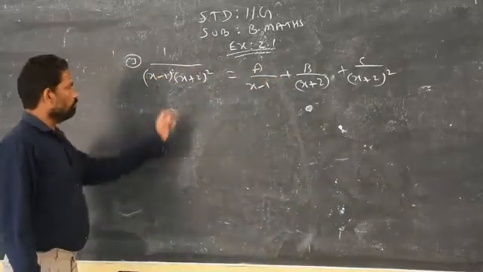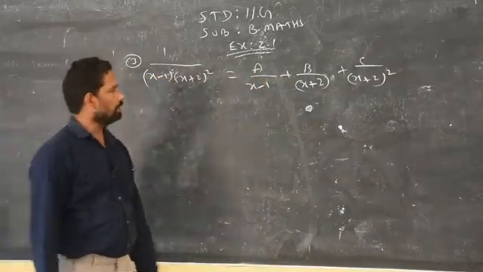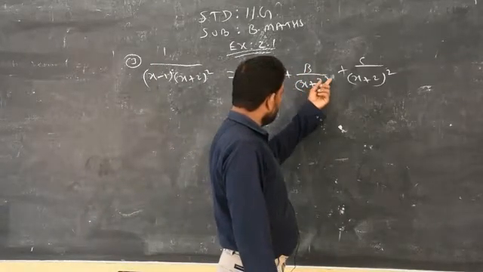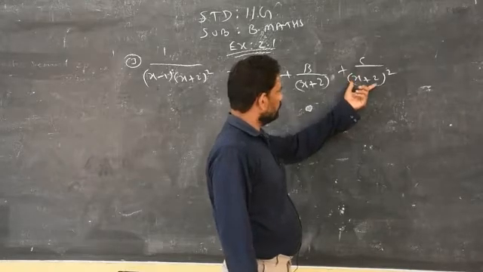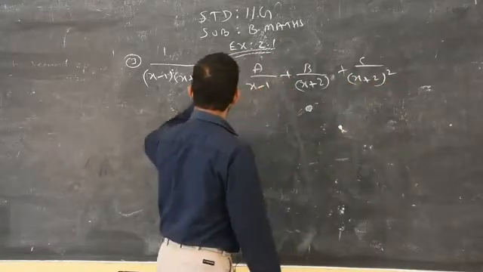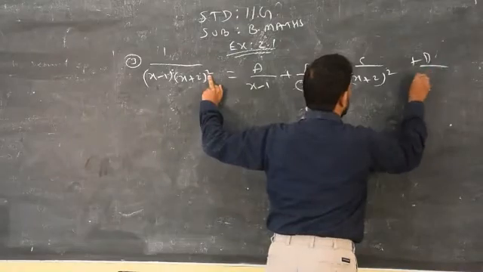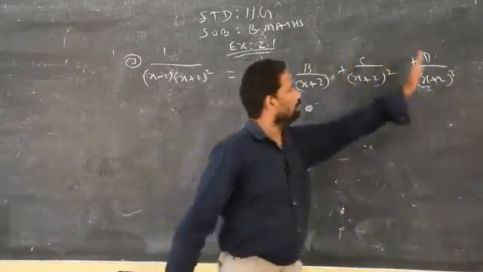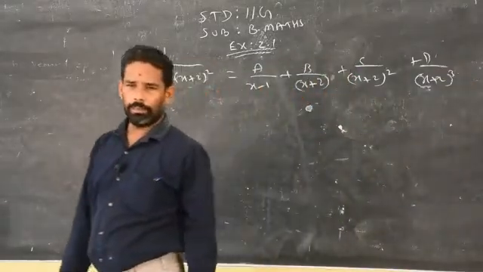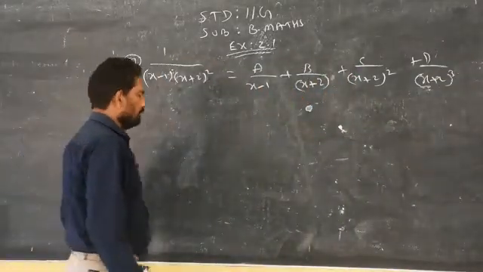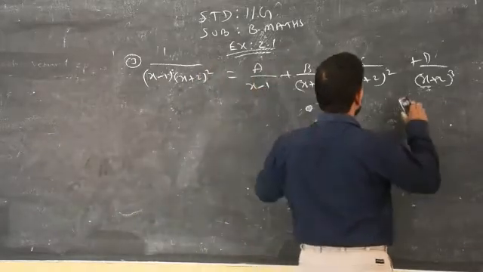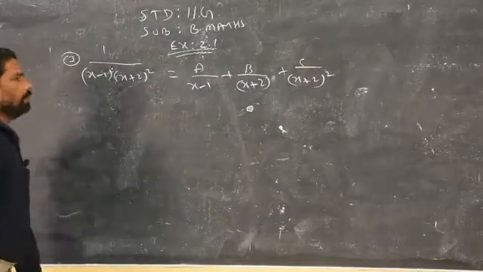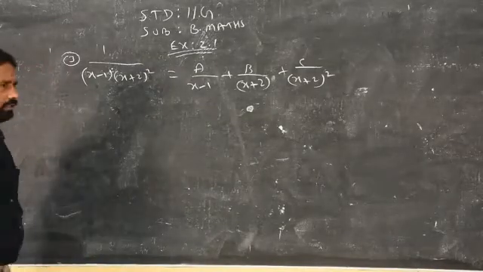If any one factor is repeated more than 1 time, then you have to write B by the factor repeated 1 time, then plus C by the factor repeated 2 times. Suppose it is given as 3, then we will have (x plus 2) power 3. If it is 4, and so on. When the factors are repeated, it goes on like this, but here it is given only 2, therefore you have to write up to C by (x plus 2) the whole square. This is the process.